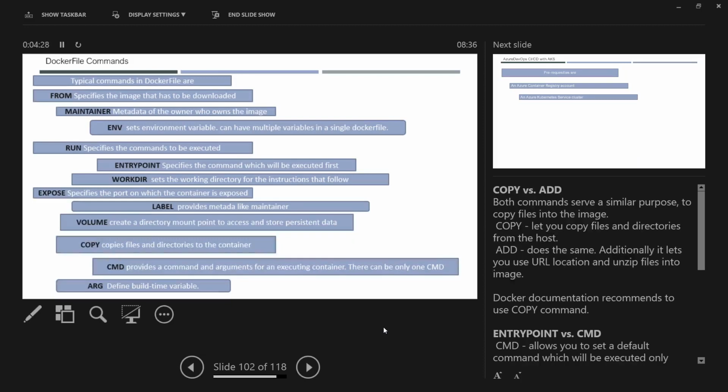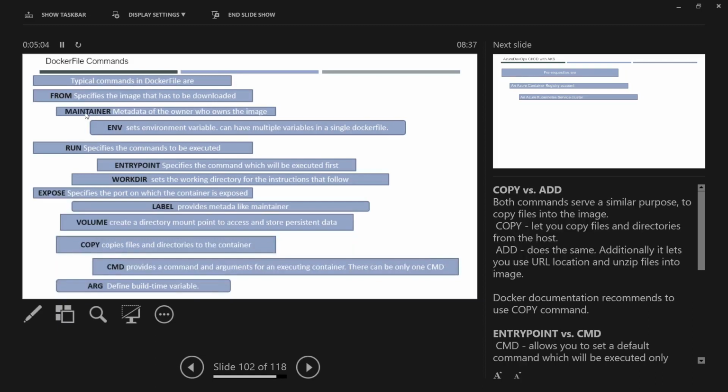Okay, so these are all the commands you see in your Dockerfile. I would say this is a comprehensive list. What you don't see in the Dockerfile is env for the environment, and FROM is there already. FROM means what image has to be downloaded. It can be an operating system image, it can be your .NET image, it can be a Java SDK. It can be anything. Use the FROM keyword. And what you see as slash some word slash is the path of the image. It can be on GitHub.